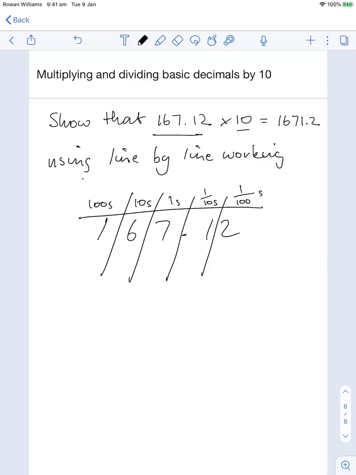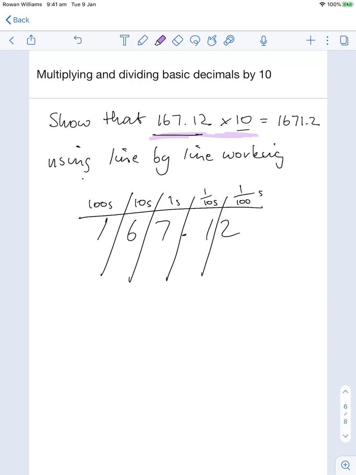All right, this question is a specific work example from the Maths Pathways test question on multiplying and dividing basic decimals by 10. I'm just showing you an alternative way to show working for this as opposed to the setup that they've got, which has a lot of writing. So my question here is asking me to